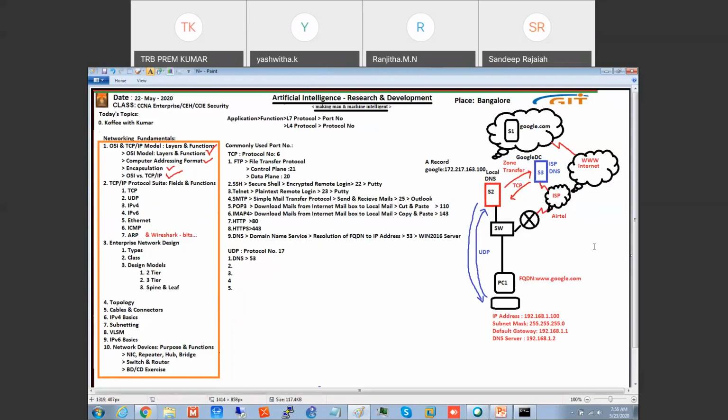So UDP is used for DNS request and reply.